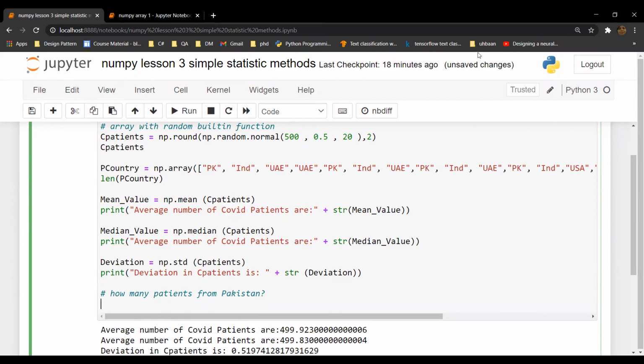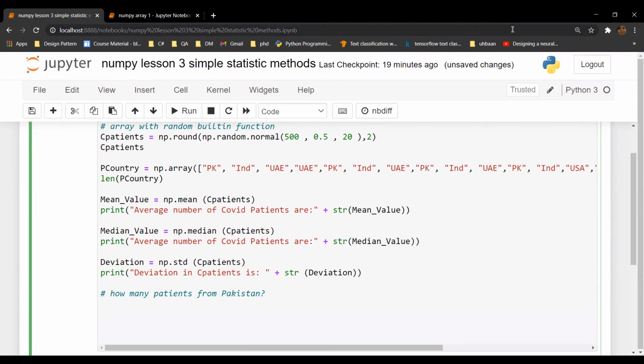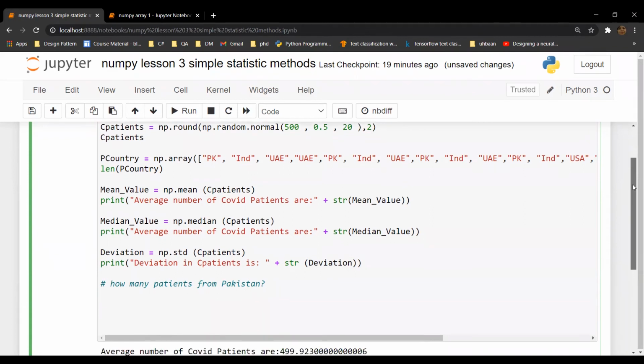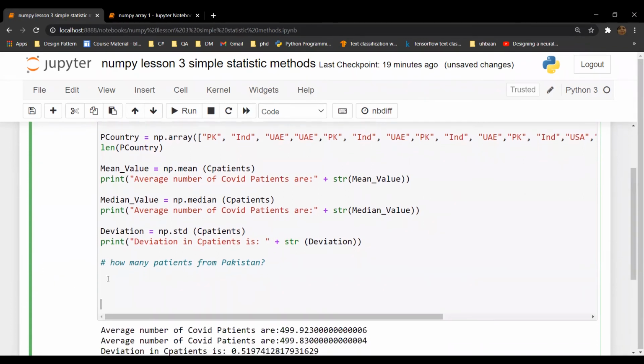So for this, let's create another array. patients_pk is equal to C patients, and then in the square brackets I am going to put the condition upon which I want to filter my data.